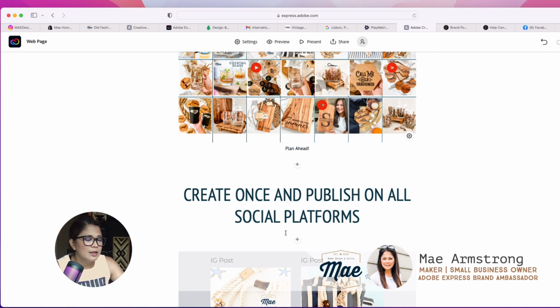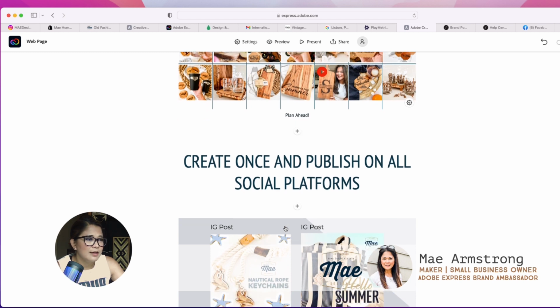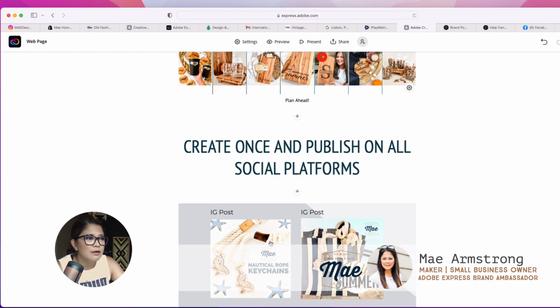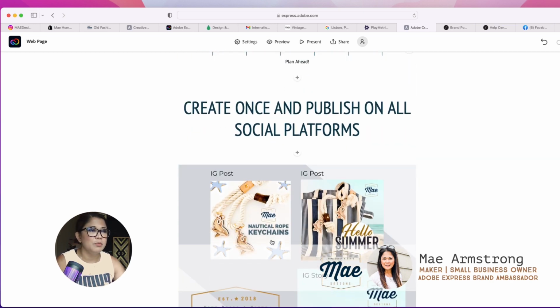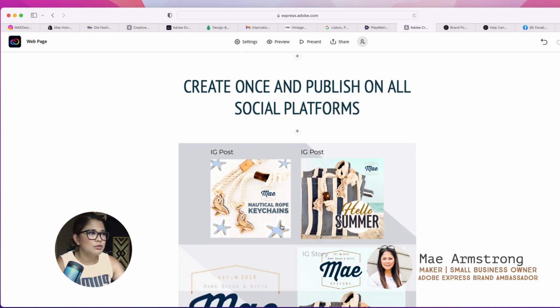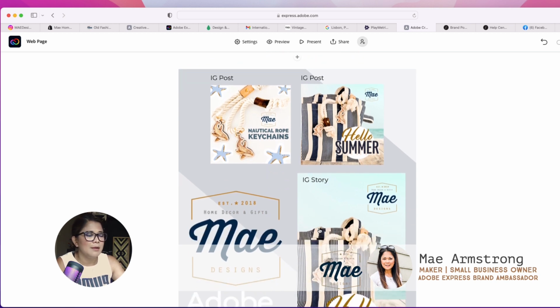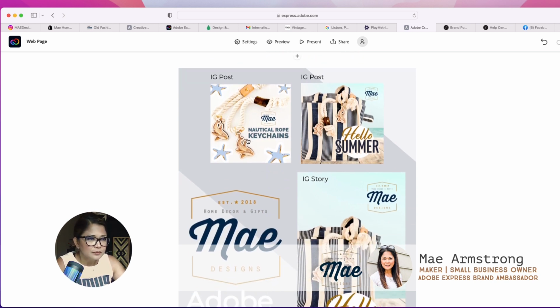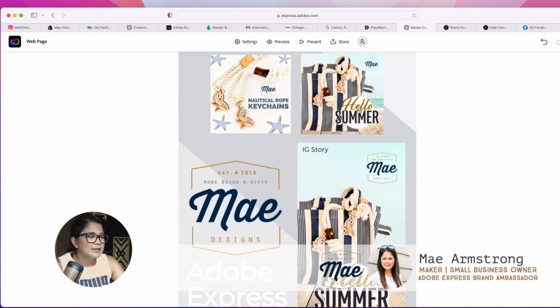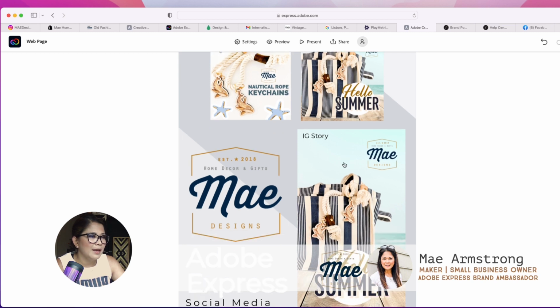I'm using Adobe Express, and I really love it. It's a platform that I can use on my desktop, on my phone, on my iPad. And so here are a few examples, and we'll get into that and start building from scratch. And I'm going to teach you how I created some of these things that I have on here in my social media marketing kit. And so I posted an IG post, like a little blurb about my new product, and then I took my in real time, in real life image with my tote bag,